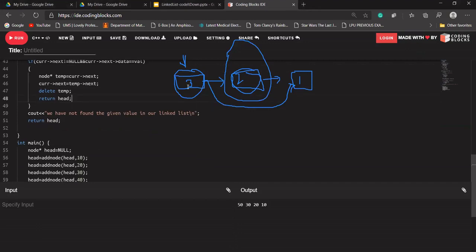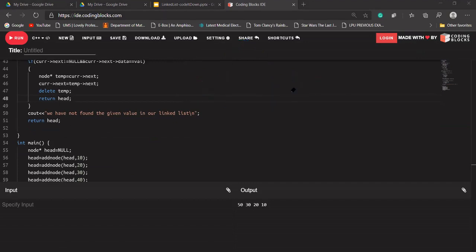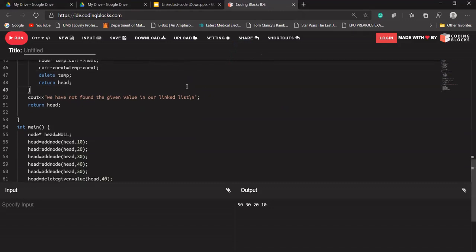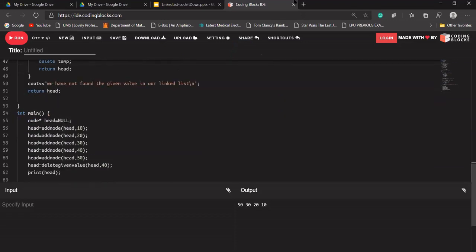Can somebody tell me what's the time complexity of this code quickly? What is the time complexity of this function? Linear. Shrey is saying linear. Smith is saying linear, that's good. Is everybody agreeing with Shrey and Smith? Aryan is also saying big O of n. That's right. Okay, let's move to another topic.